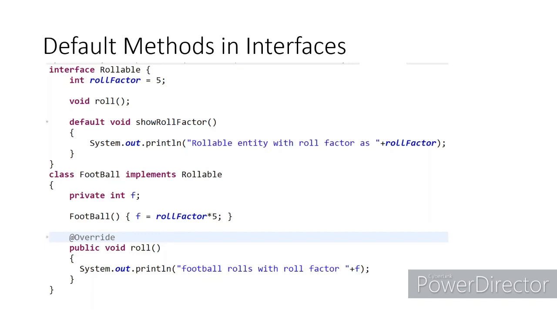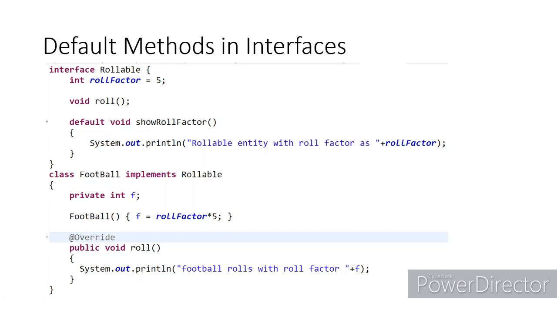At that point, the requirement was only to have a rollable functionality, which will allow you to implement the functionality for roll. So I had a roll method inside it, and suppose bounce inside it. But there was no requirement that it should be able to show the rolling factor to the end user. So there was no show roll factor abstract method at that point of time. No implementation was there. No abstract method also was there in the rollable interface.